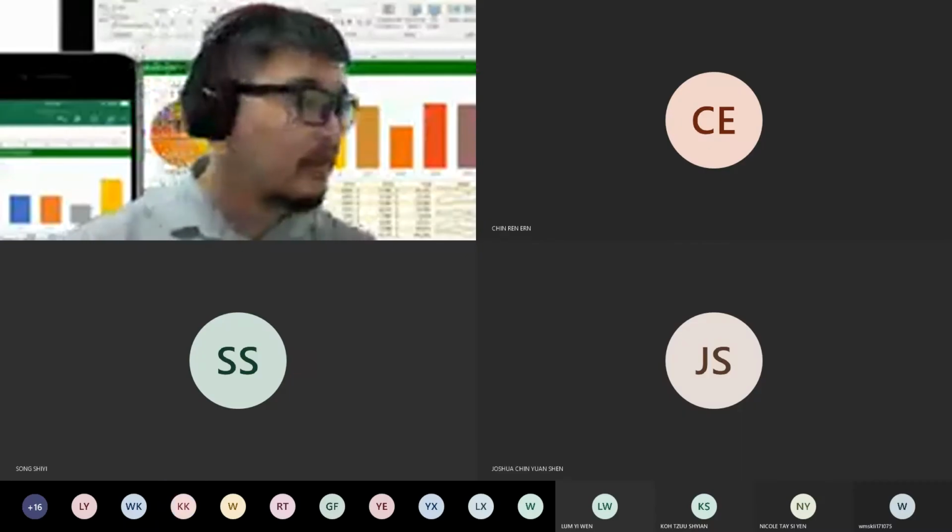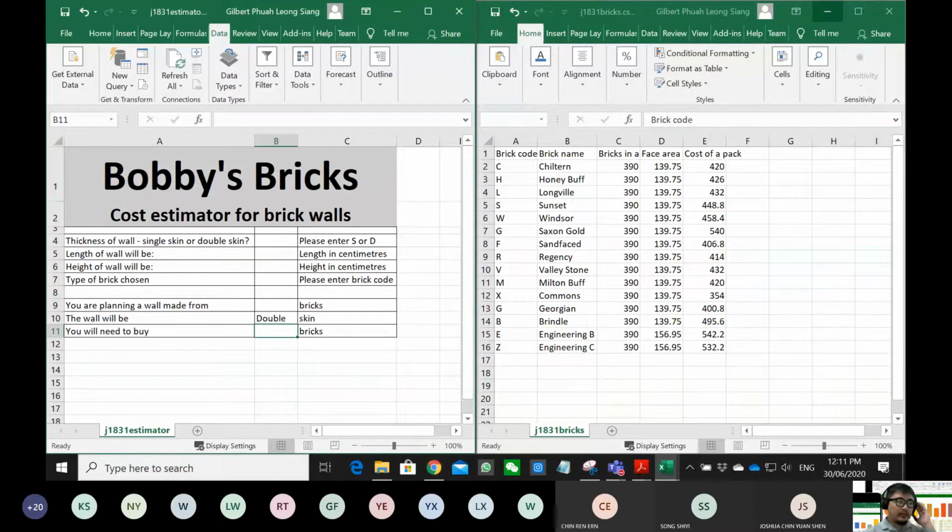Some walls are single skin wall. They are one brick thick. Stronger walls are double skin. They are two brick thick. To calculate the number